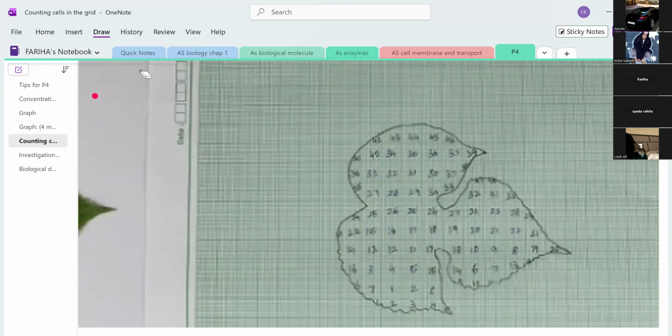One full square will be counted as 1, 2, 3, 4, 5, 6, 7, 8, 9, 10. This is half. We can take half a square or one full square. Less than half a square will not be counted. Okay. So 1, 2, 3, 4, 5, 6, 7, 8, 9, 10, 11,